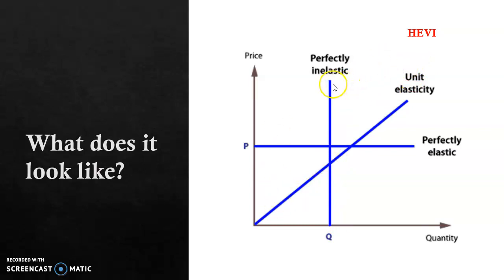Whereas if you've got a supply curve that's somewhere in between, and what we call unit elasticity, so it's relatively steep, then it would be inelastic. Perfect is vertical, whereas if it's quite steep, and steep's a really good word, then it would be inelastic, somewhere between perfect and unitary. Unitary is that exactly proportionate response: price goes up 10%, quantity supplied goes up 10%, etc. Perfectly elastic is where you can increase the price and you get an infinite response to it, like they can supply all they want.